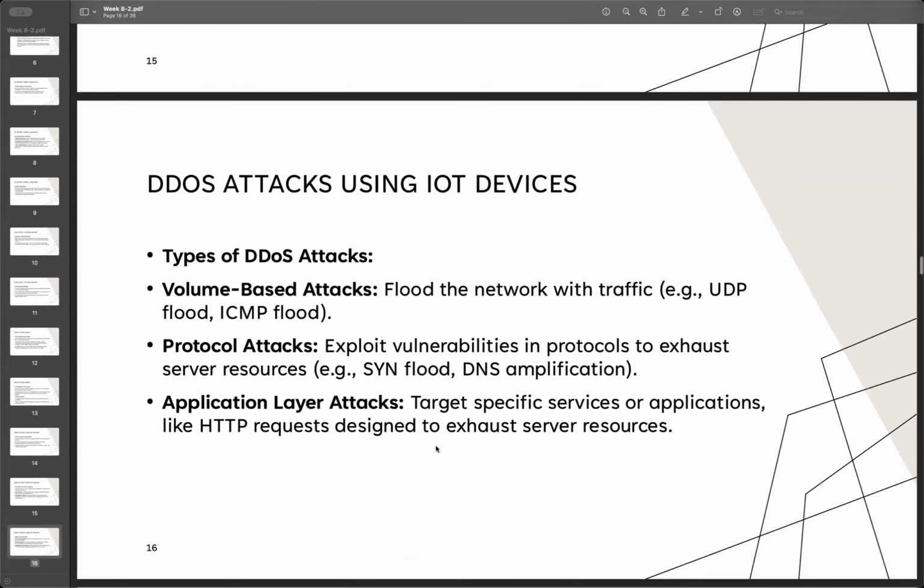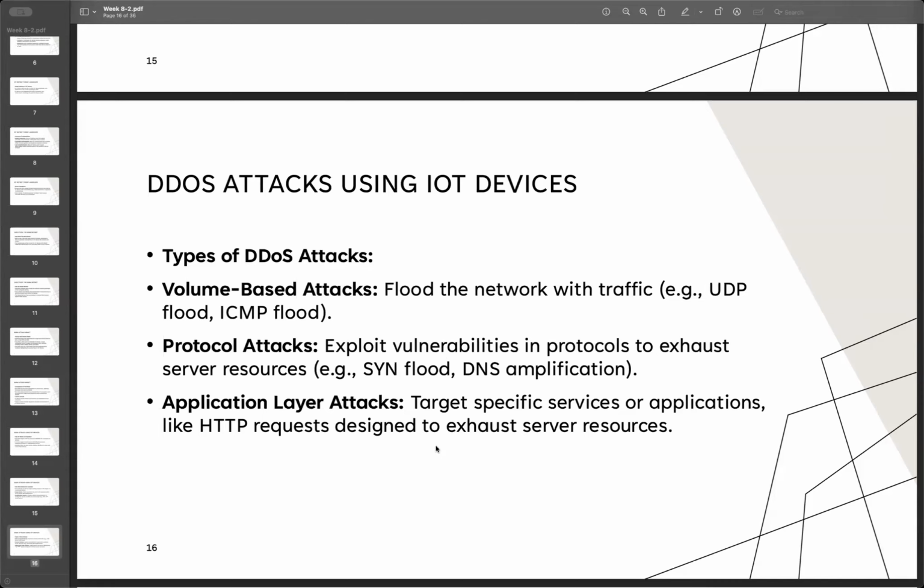And we mentioned the DDoS attack, right? Mainly we have three types. The first is volume based, where we try to flood the network with traffic, maybe UDP or ICMP. Sometimes it is protocol based, to exhaust the server resources. The volume type targets the network traffic, and the protocol type targets the server resources, such as a SYN flood